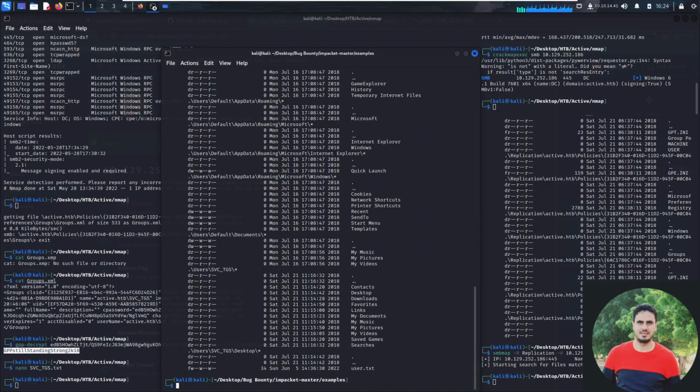But from here we can do some Kerberoasting, to authenticate to a service with service principal names. This is another common technique of